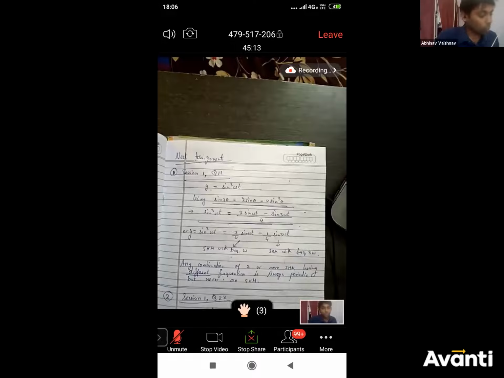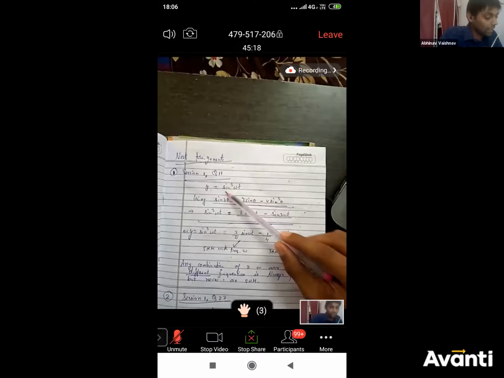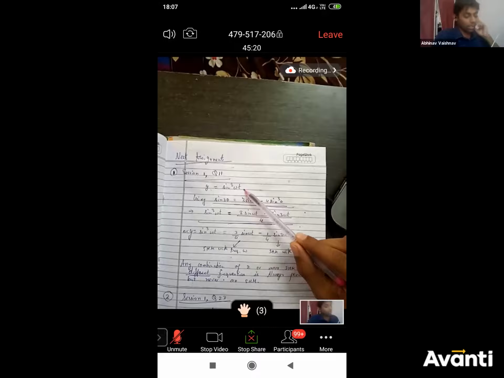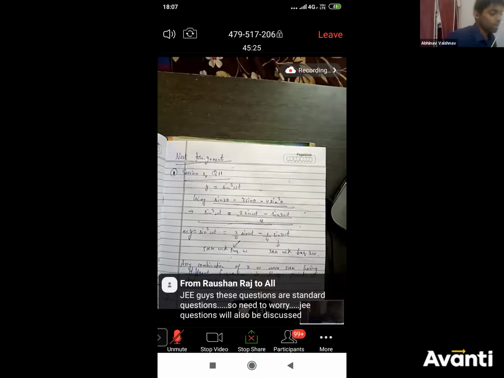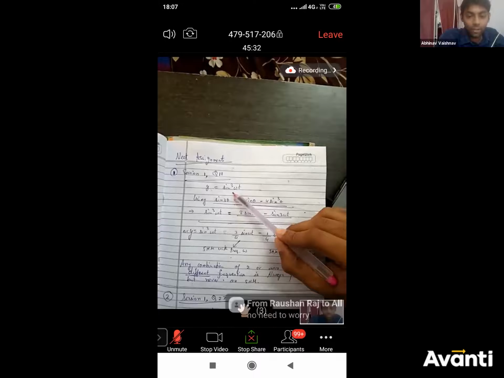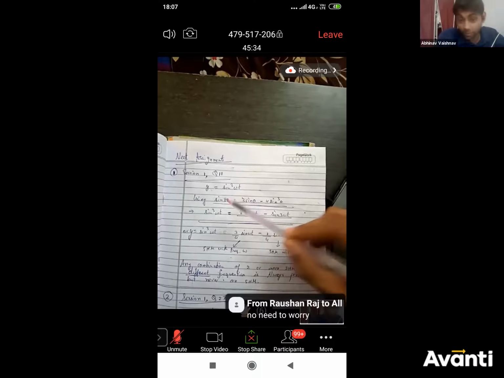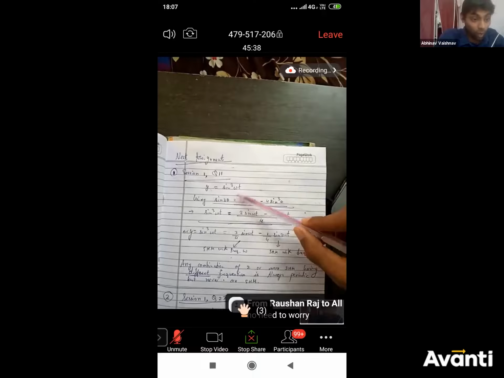Now look. So y equals sine cube omega t. This is what we are given, right? And now we have to check whether this is SHM or not, or whether it is periodic or not. How will we do this? Because it is a sine cube function. Normal sine and cos functions we know are SHM, but this is a sine cube function. So how will we get to know?